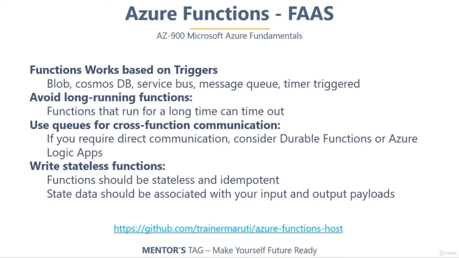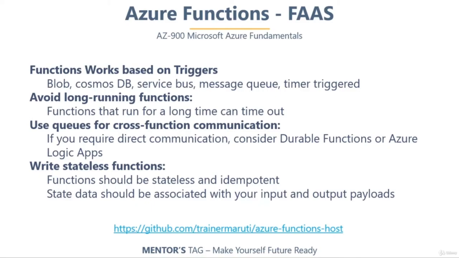You have to remember to use queues for cross-function communication. We have a concept called durable function, which I will cover later on in this course. And if you're dealing with function-to-function communication, durable functions are really an easier option. Or you can go with something called Azure Logic App, which is also a part of serverless computing. Always try to write a stateless function, because these are going to be idempotent and stateless functions, or I can say a piece of code which is going to help you in a number of requirements. Lastly, I strongly recommend you go through this GitHub repository where you will find a number of samples on Azure Function Host. Once you're familiar with these basics, let's have a look at this Azure Function app and Azure Function inside that in action.